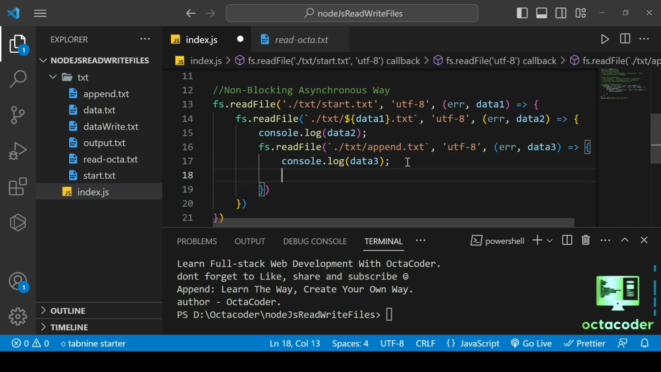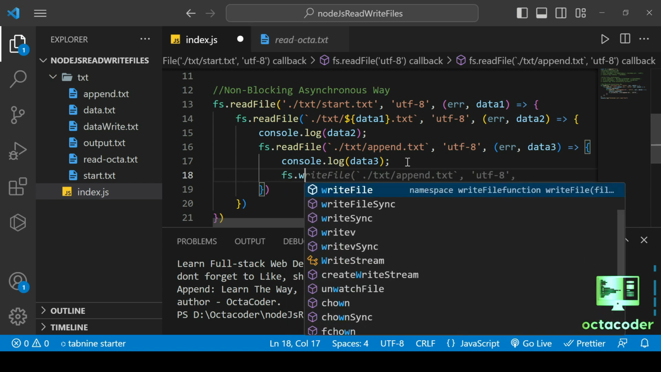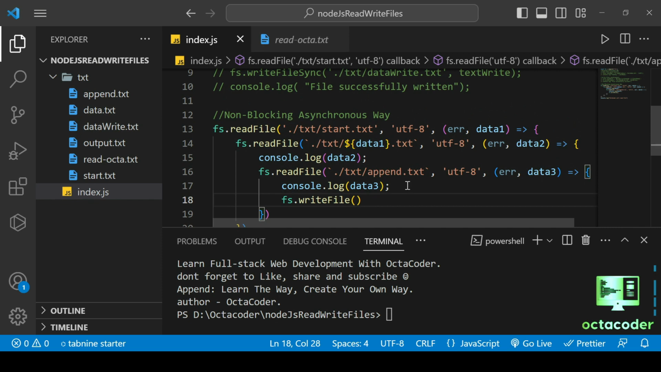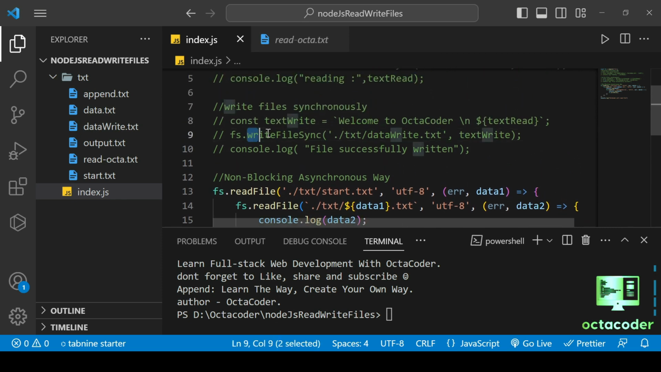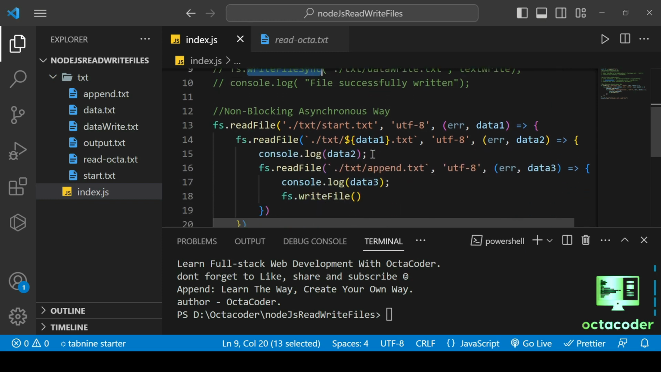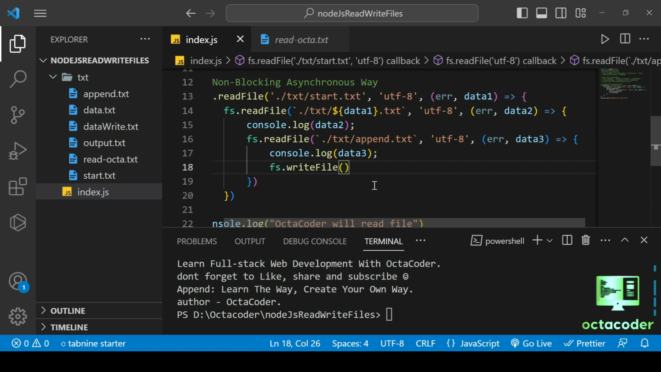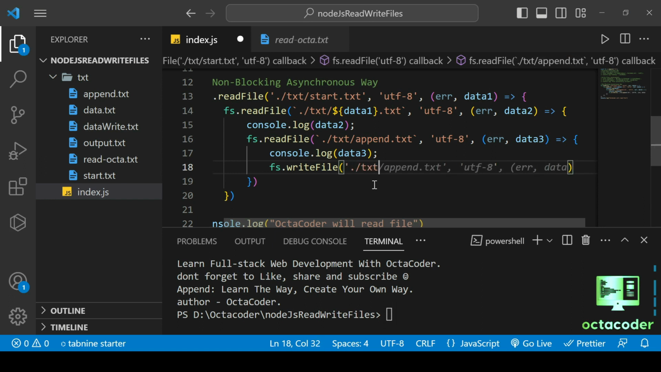So let's do fs.writeFile. We are not using the synchronous one, like writeFileSync that we used earlier. Just like here and here and here, we use the asynchronous version, not the synchronous one. So txt/final.txt, and text encoding UTF-8, and then